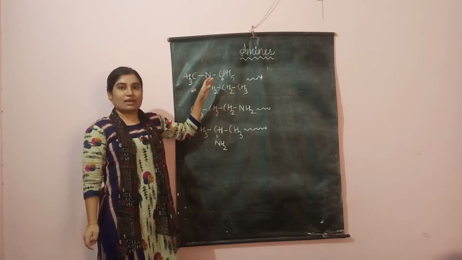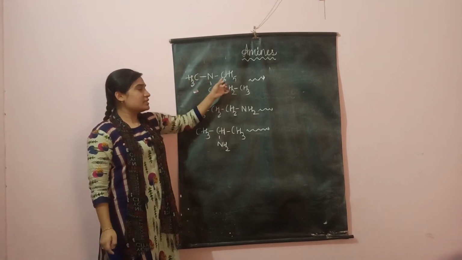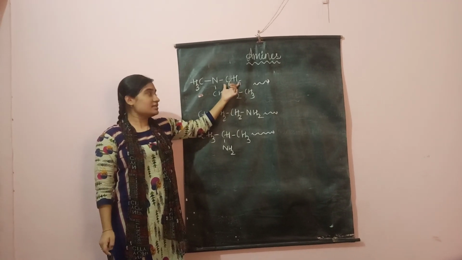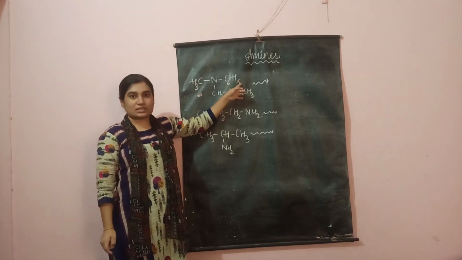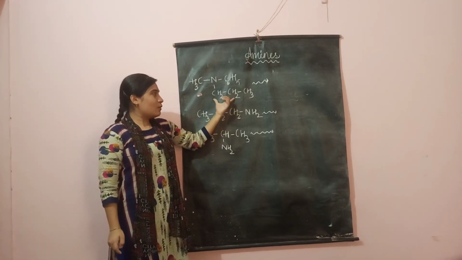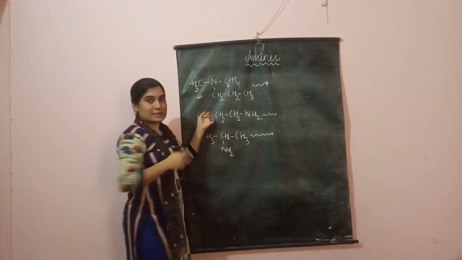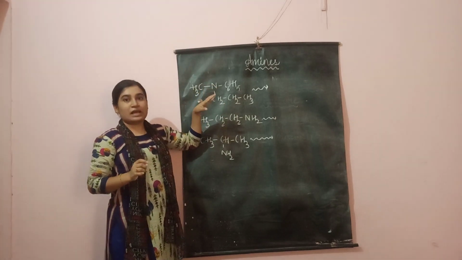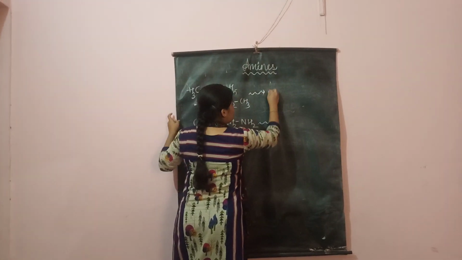So now, how will I write the name? Let us first see what CH3 is: methyl. C6H5 is phenyl. You have to remember C6H5 is phenyl. We can also write a benzene ring in place of C6H5; both are the same. And what is this now? CH2, CH2, CH3: three carbon atoms, propyl. So who comes first? According to alphabetical order, methyl comes first. So let me write methyl first.